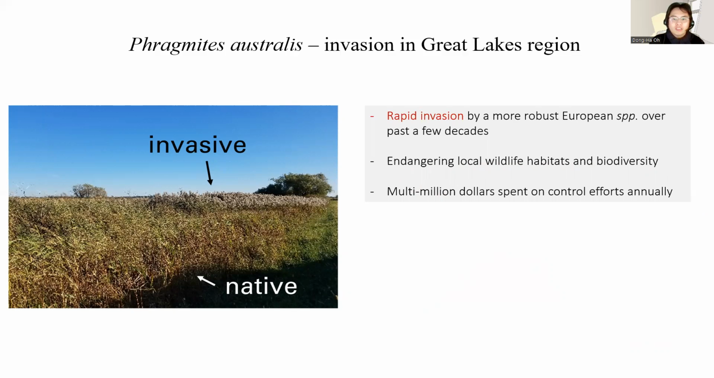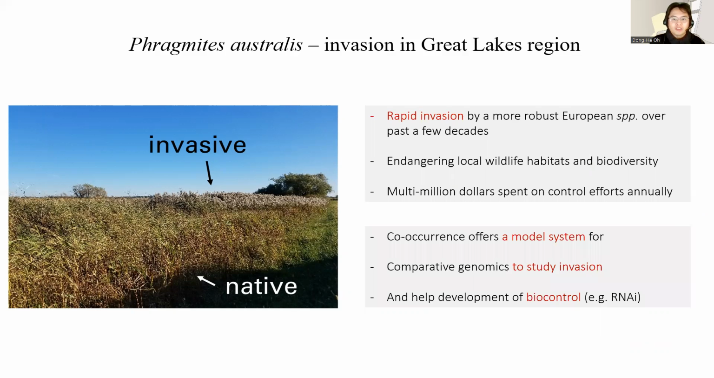And one thing is that often this invasive and native subspecies coexist. So this provides an excellent system for comparative analysis of invasiveness. So our ultimate goal, one of the major reasons why we sequenced the genome of this reed subspecies, is to help develop